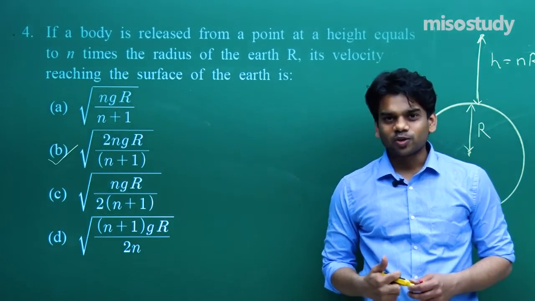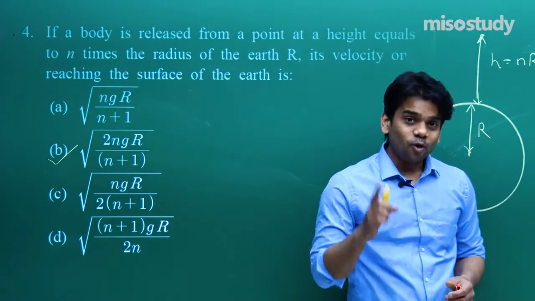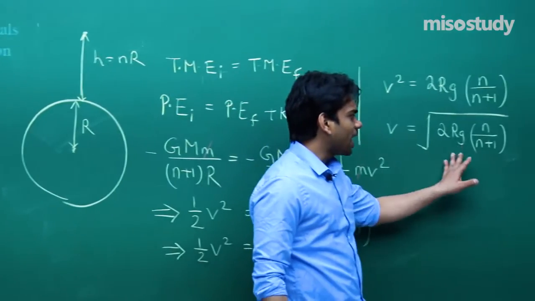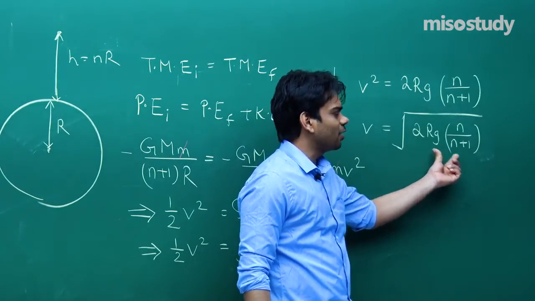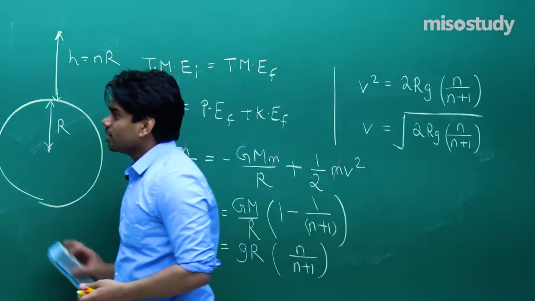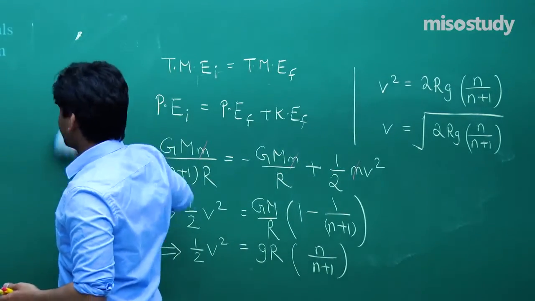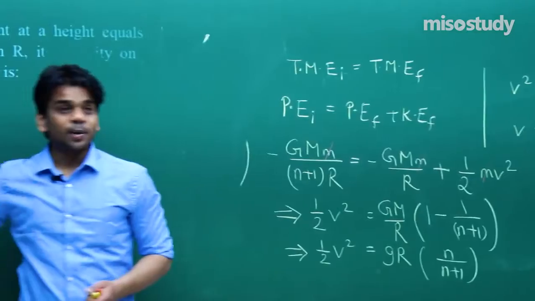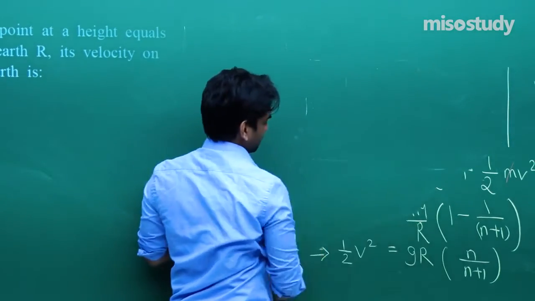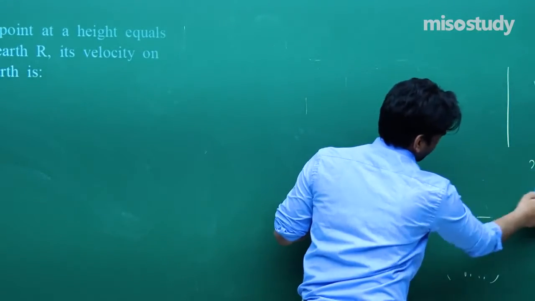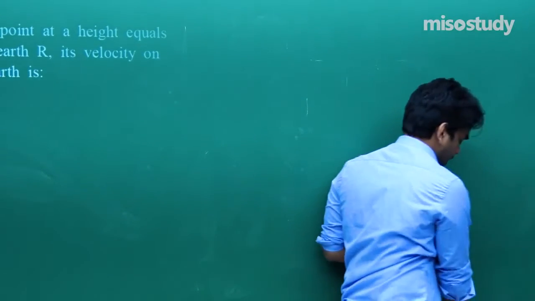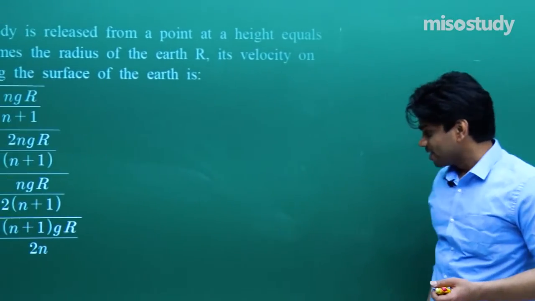I believe that you have understood how to solve such kind of question. I want you all to see the solution once again. Check here the answer. Don't worry about the bracket I have made here, it will be 2nRg divided by n plus 1. It's the same thing. Next thing, before that, let me just clear the board. I believe that while practicing such questions, it would be of great help to you all, and you are learning simultaneously.